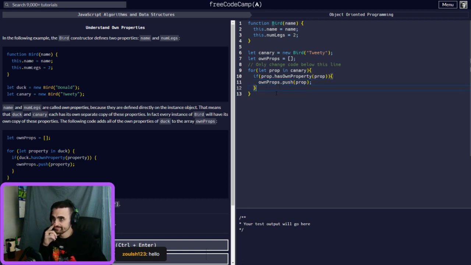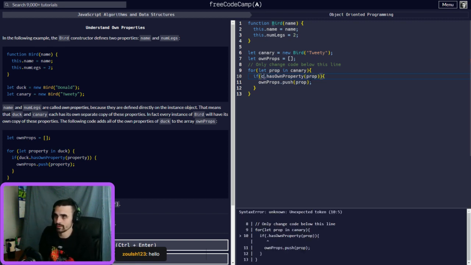Now once that's done, let's console.log and see how our ownProps array is doing. Let's see why that is not in here. Oh, wait.